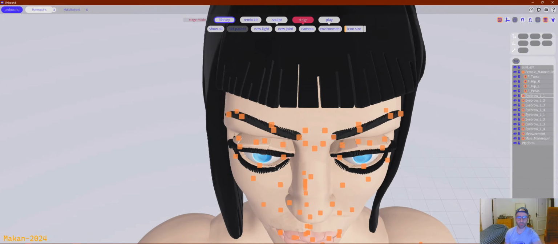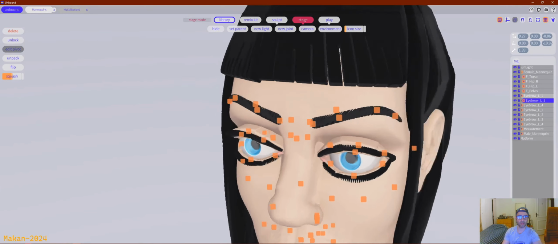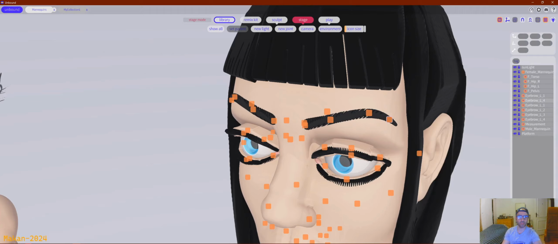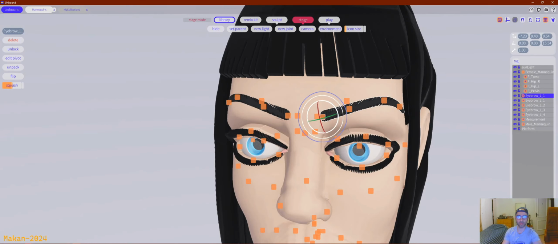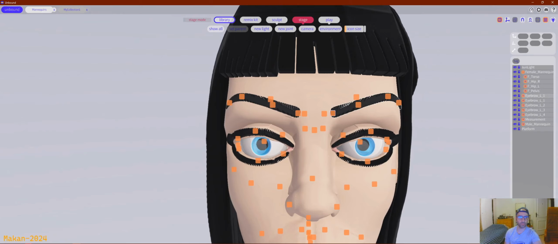You have to select this and put it here, select this and put it there, and we kind of managed to rig the whole thing again, which is cool. And then you have to find this, like this is chest, this is neck, this is head. You want to put this